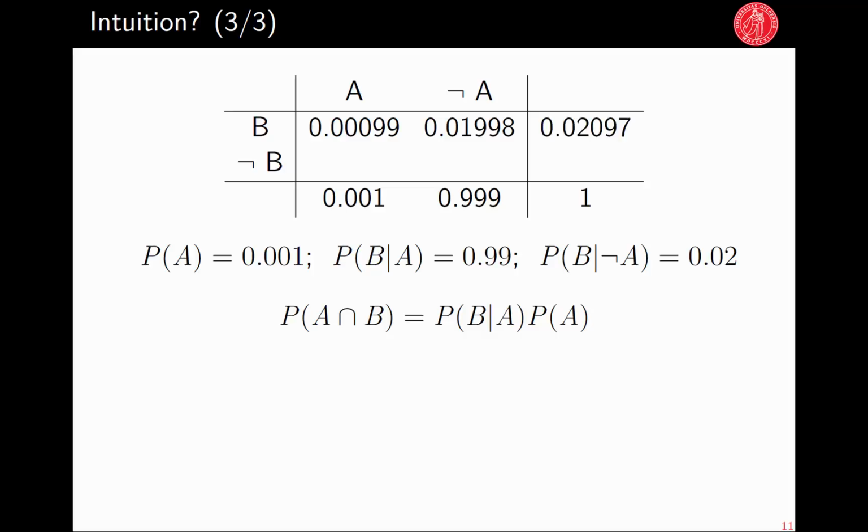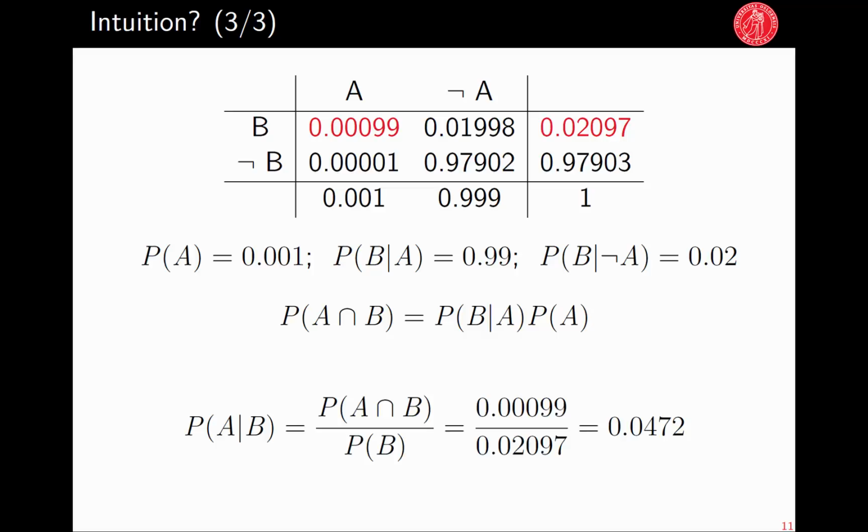Now we can just sum in the row and fill in the missing values here such that the column sums come out right. And we have a complete probability table for the four different joint probabilities in this scenario. And from these, we can now compute what we actually want, namely the conditional probability of being sick given a positive test,